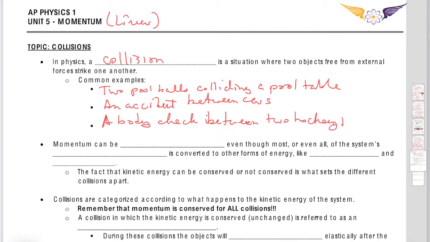So these are all just two objects coming at each other, or in some scenario colliding. So they're going to essentially exert forces on each other. But remember, they're free from anything from the outside. So when we talk about these, we always make the assumption that there's no friction involved and so forth. And so remember